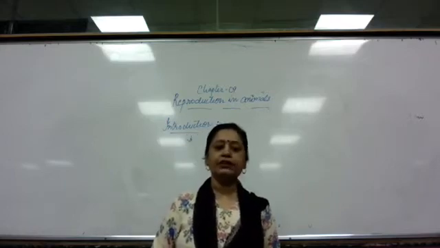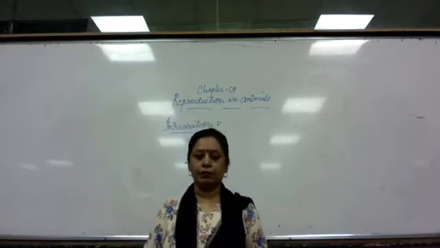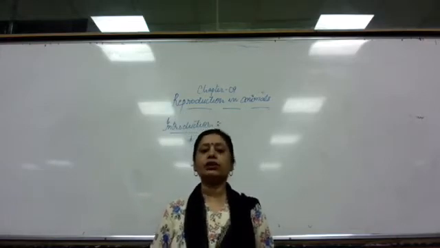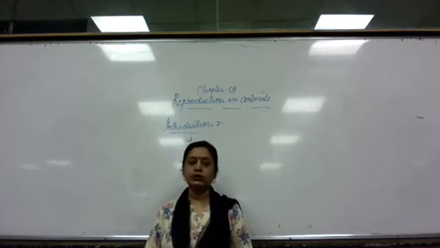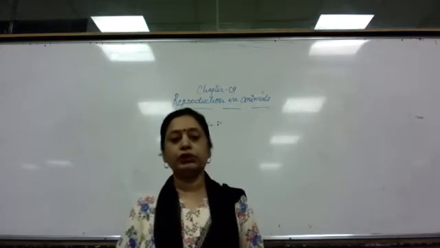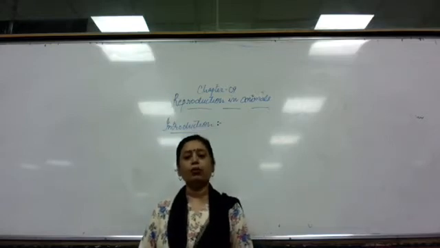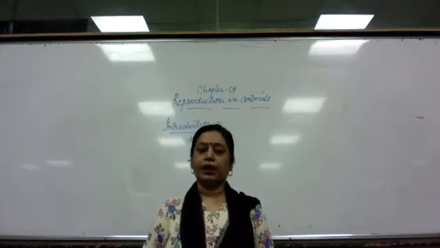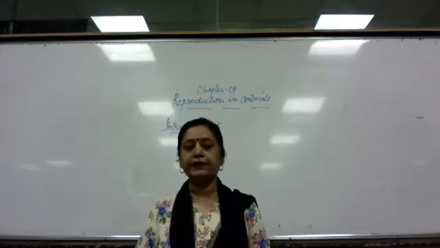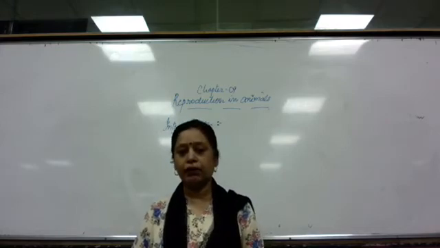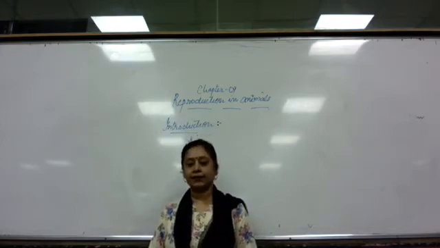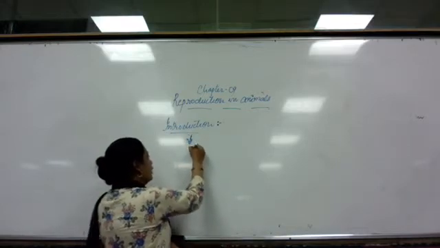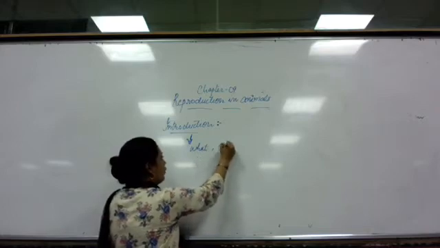Today we are going to start chapter 9, that is reproduction in animals. In last session, you have studied about reproduction in plants. Also you discussed vegetative propagation and asexual reproduction. Many topics you already know about reproduction, and I am sure why it is important and what reproduction is must be clear to you. But we will discuss it once again. So let us start the introduction part of the chapter: what is reproduction and why it is important.